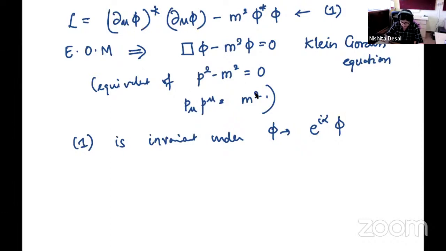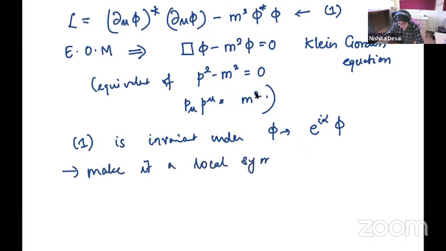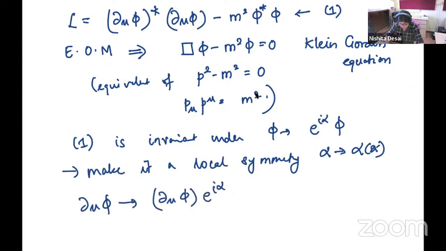So let's try to make it a local symmetry. So instead of alpha, we have alpha of x. Okay, so it depends on x. And then, as you know, what will happen? We'll get a term del mu alpha times phi. Right, so you have this extra term, and the way we usually absorb this extra term is by